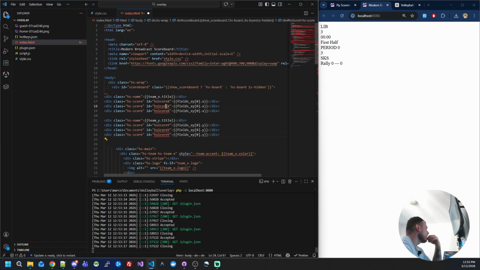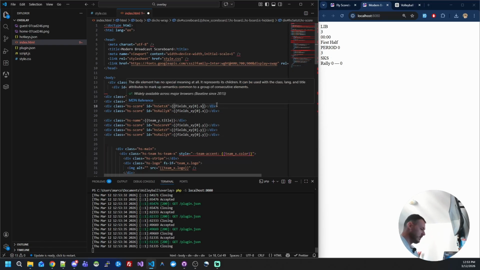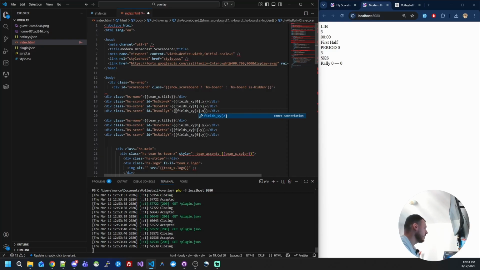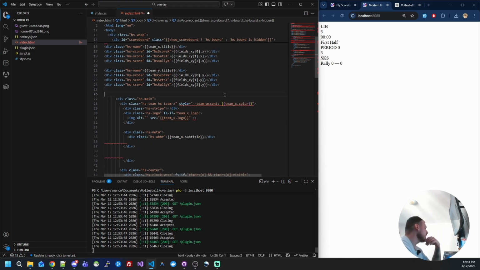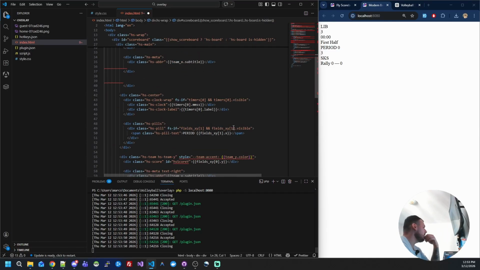So that's sets, that's rally. Okay, and here sets and rally. Okay, and that's going to be field 1 and field 2. Here as well, field 1 and field 2. Okay, we don't need timers, and we need